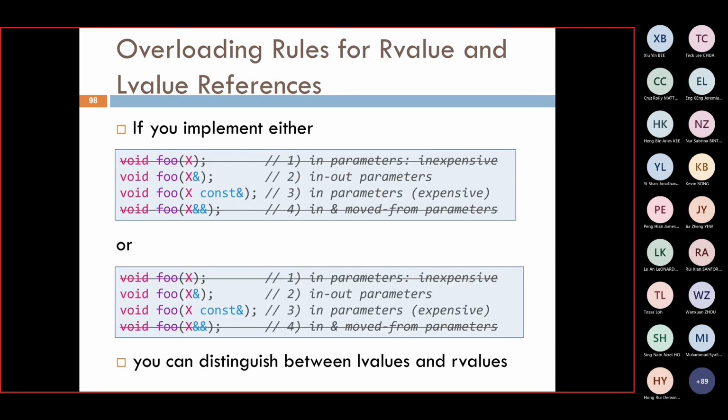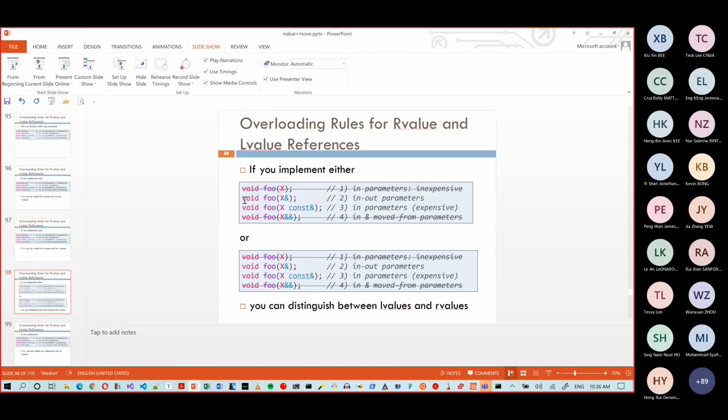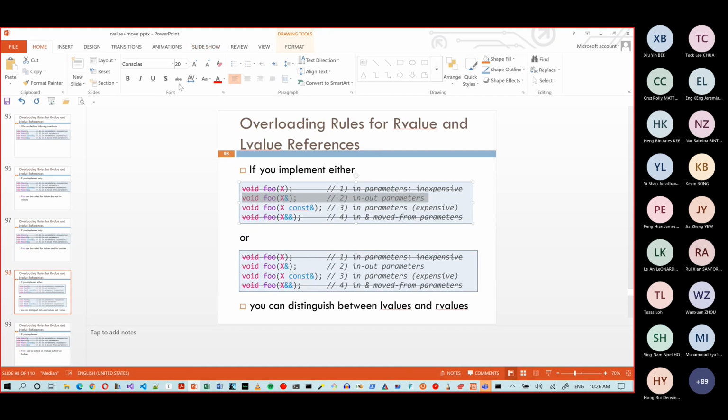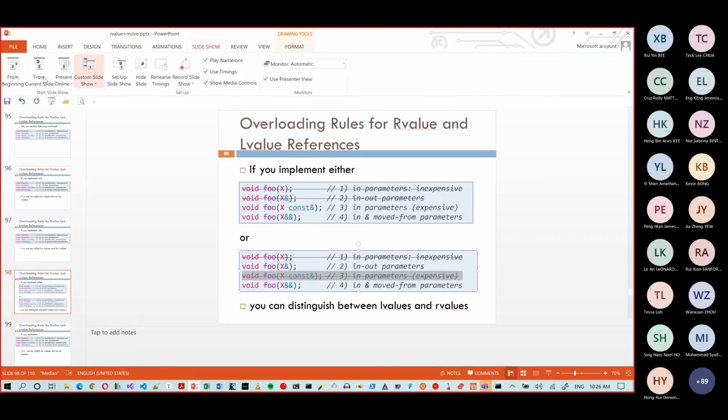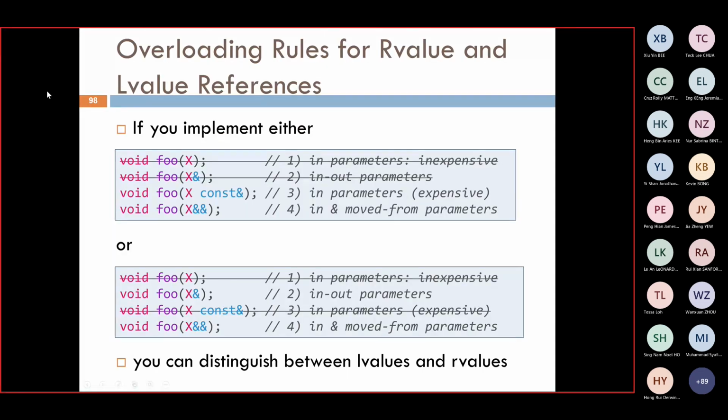Okay, I got to fix this. I think what I meant to say is this, and this is not. So I made a mistake here. Let me just fix it. And so you're calling these two, or you're calling 2 and 4. Okay. I think that's kind of what I meant to say. So if you implement,